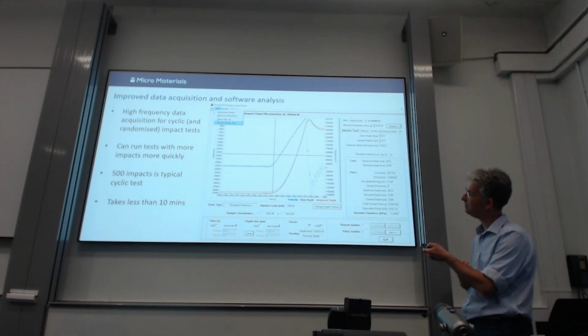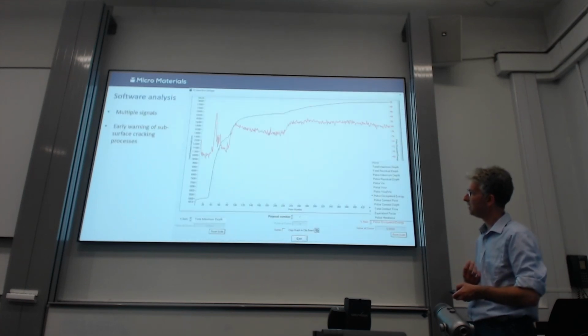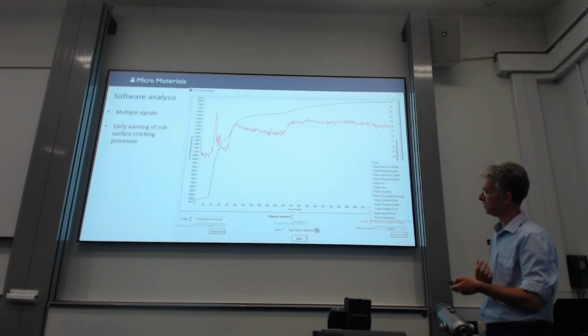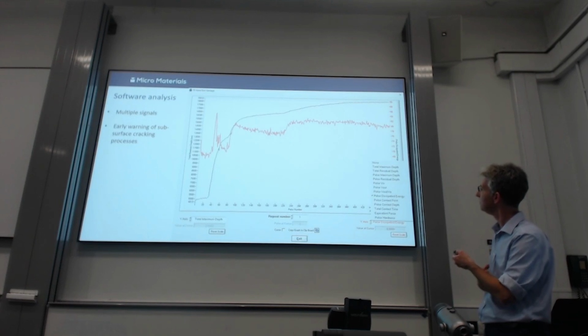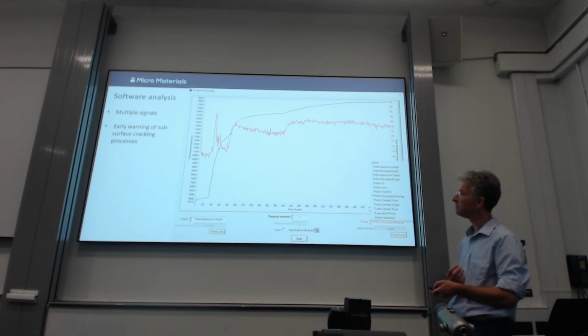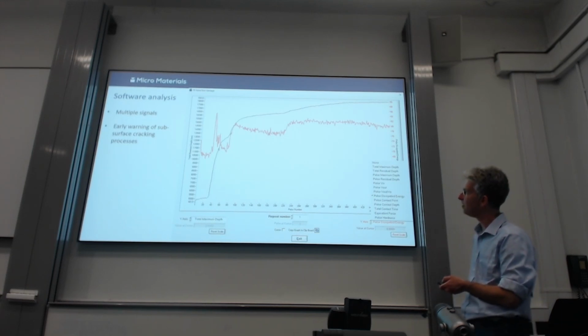And then this drop down here to analysis results plot gives you all of these different signals that you could then track as a function of number of impacts. So here we see quite nicely, this is an example of a multi-layer coating system. And what you can see is the depth building up with each number of impacts, and then suddenly at this point it's gone here. But if you look at this dissipated energy here,